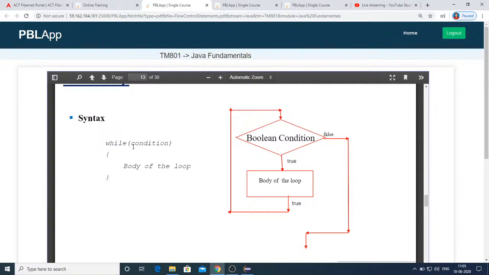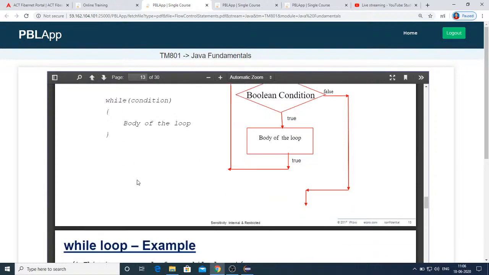As long as this condition is true, the body of the loop continues to execute. I repeat, that's what iteration statements are meant for. When the condition becomes false, the control comes out of the body.